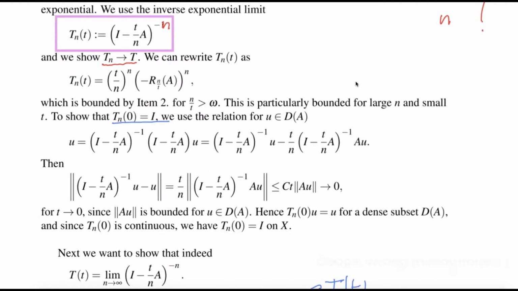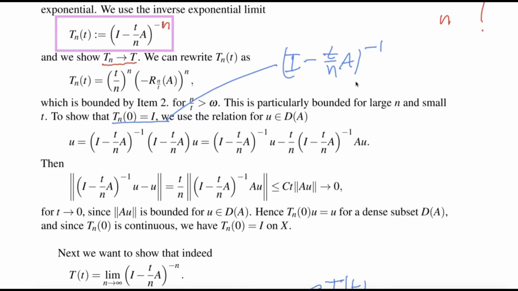Next, we want to show that T_n at 0 is the identity. And here we can do what I actually mistakenly did earlier. So we can just take this to the power of minus 1. So we get (I minus (t/n)A) to the minus 1. Because if T_n at 0 is the identity, then the whole thing to the minus 1 instead of minus n